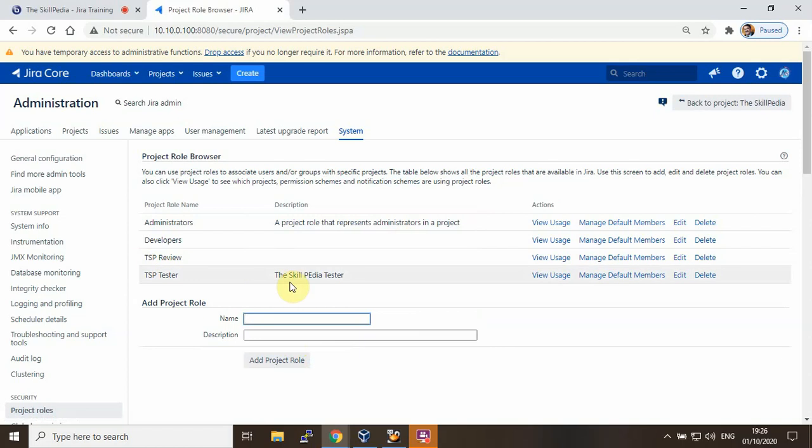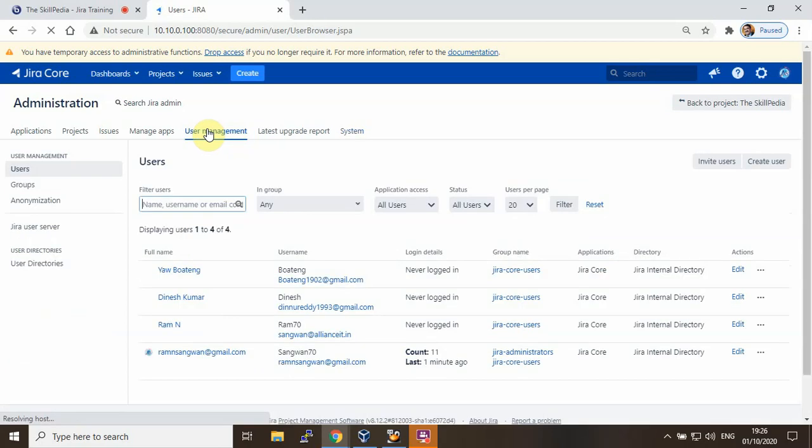Now when you click on this role here, you see the default members. Now since we don't have any user first, so today by the end of the session you will understand the role, group, users and permissions. So we'll go one by one. So user management is available here only. If you see here, user management. So these are the existing users which I created.